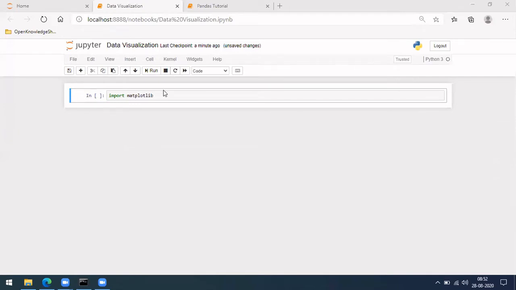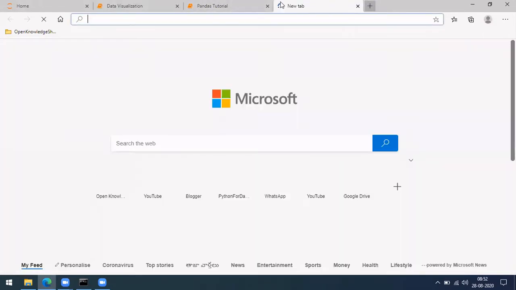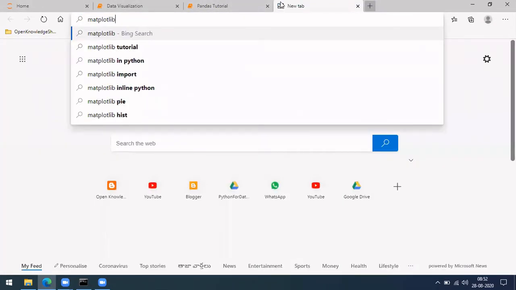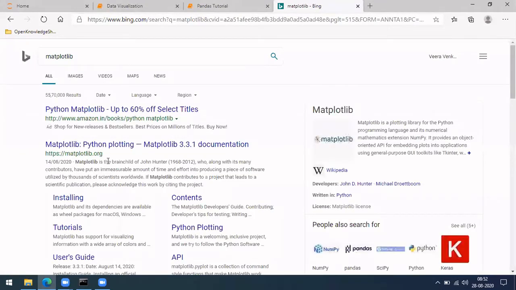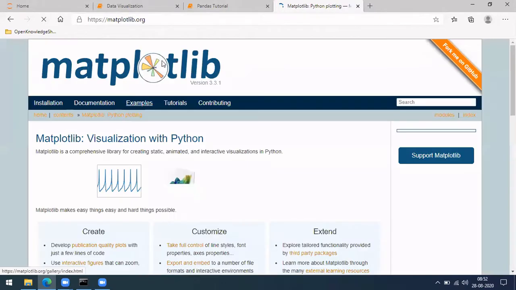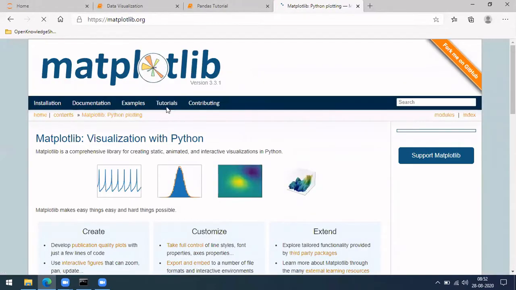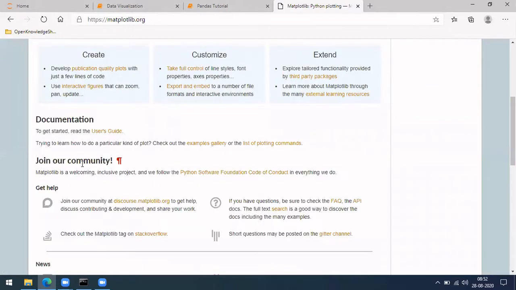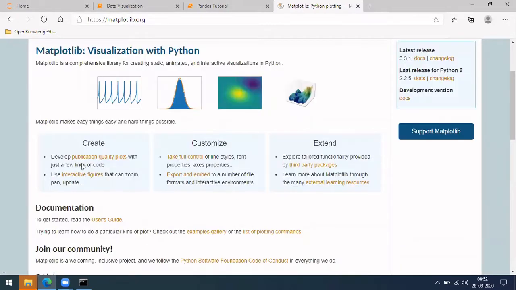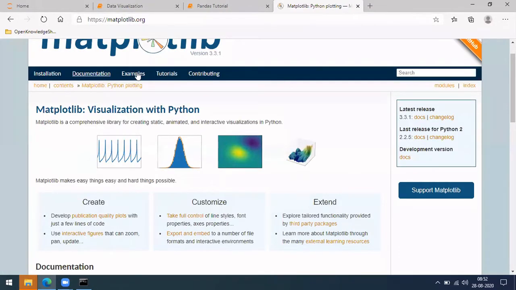Okay, so for this Matplotlib, let me open its website. There's a website called matplotlib.org, which contains examples and also documentation of what kind of plots are available here. Let me touch upon a few things.